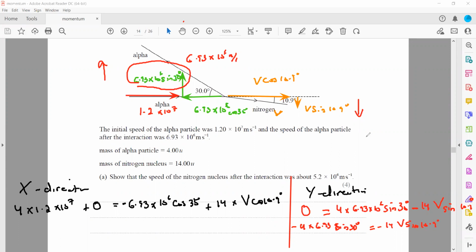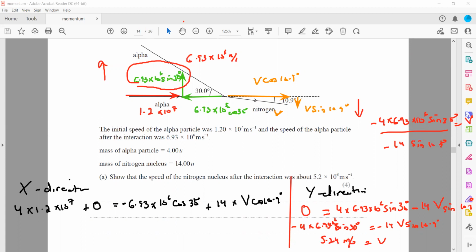So v equals minus 4 into 6.93 into 10 to the power 6 sine 30 divided by minus 14 sine 10.9 degrees. This will give us the speed at which the nitrogen will move, which comes out as